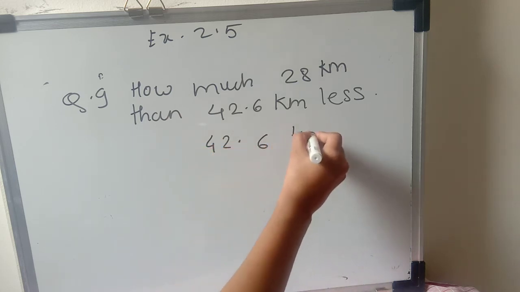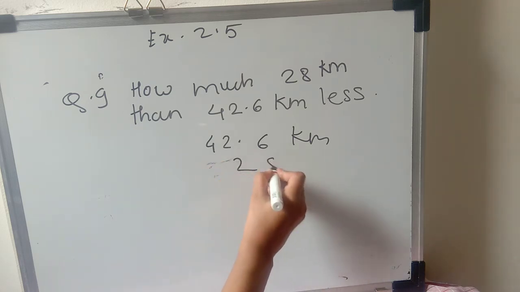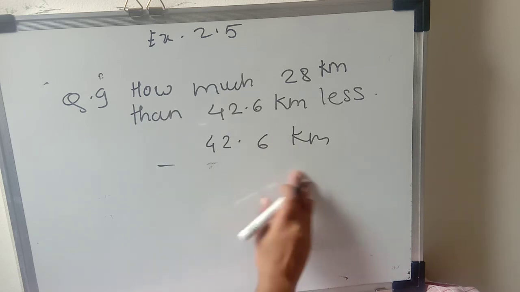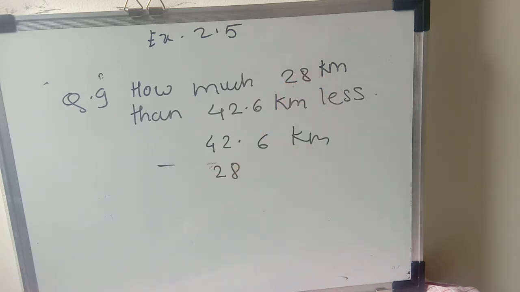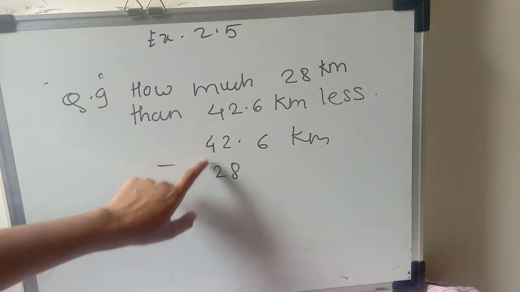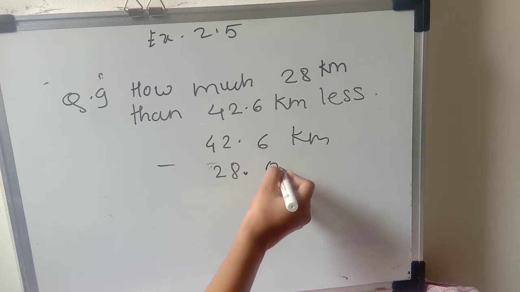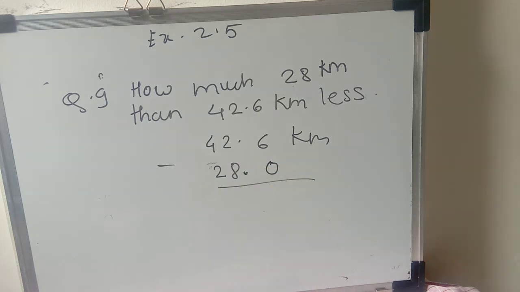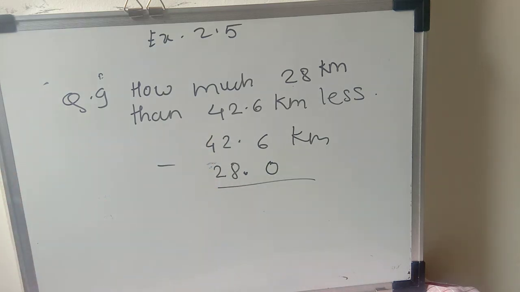42.6 kilometer. Okay, so 28 kilometer, don't write 28 here like this. Okay, for the subtraction your answer will come wrong. Okay, because here if you see 28 is a whole number, so you have to write it below the whole number and then put the decimal and then nothing is there, it means there is a 0 and then subtract. Okay, so I told you how to arrange the numbers. Now do the subtraction and you will get the answer.